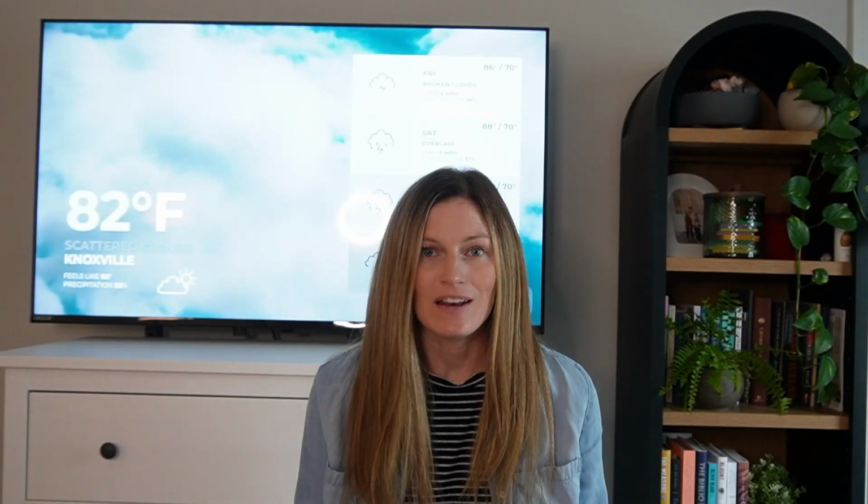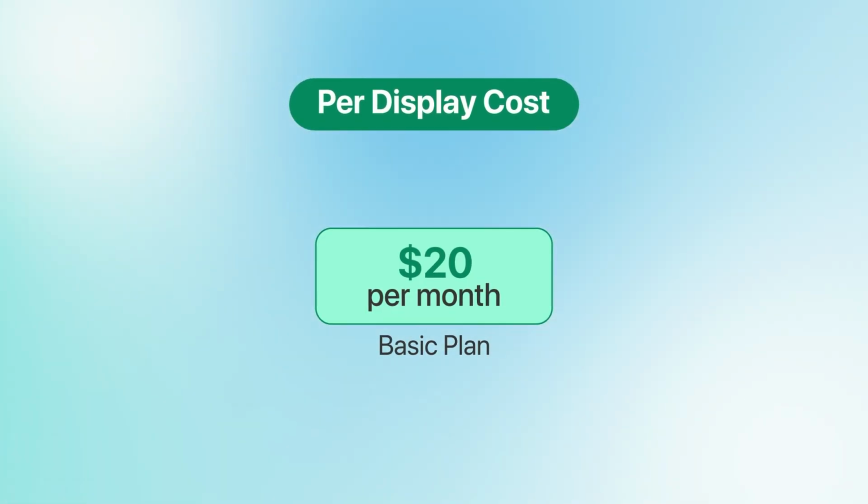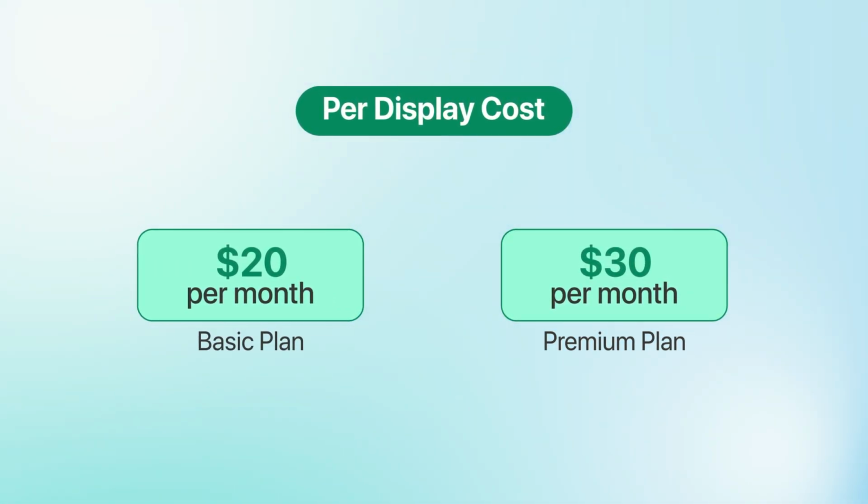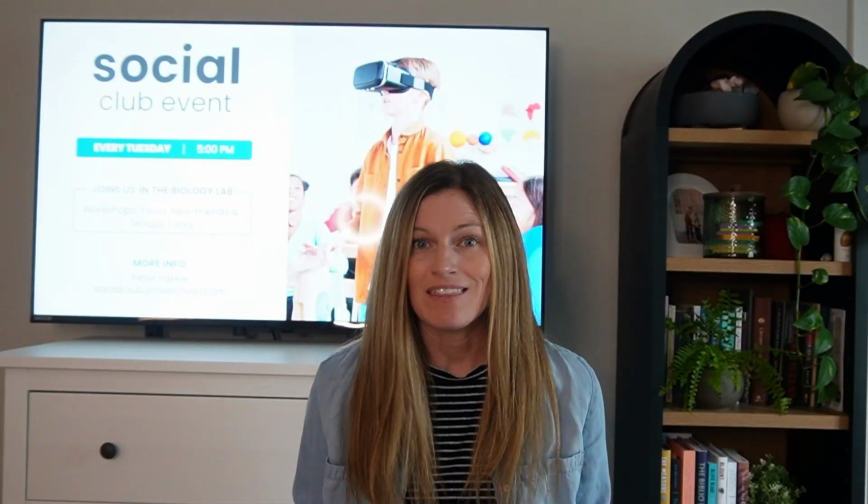So whoever writes an announcement can do so without opening another app. But I will say, adding screens is where it can get expensive. It starts at $20 per screen per month, and the tier with the better integrations and analytics is $30. At 10 screens, that's fine, but at 60 or 70, you're paying more per screen than anything else on the